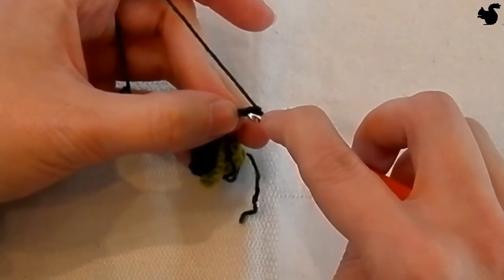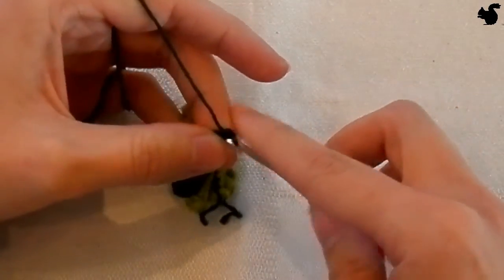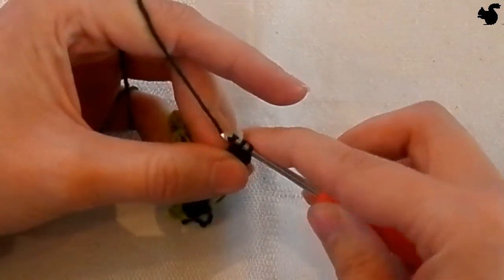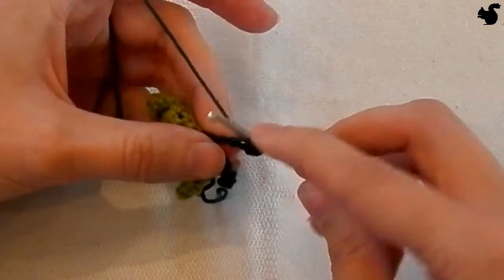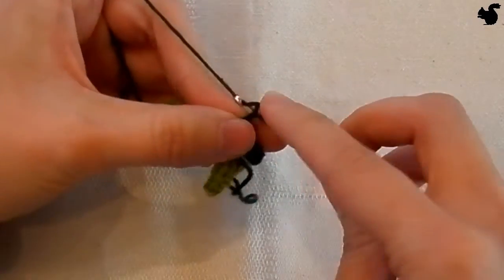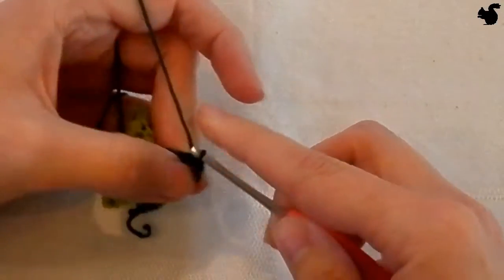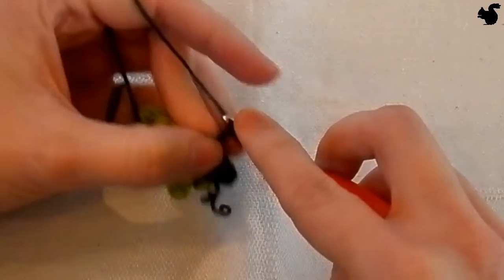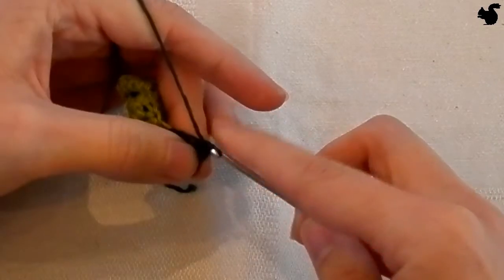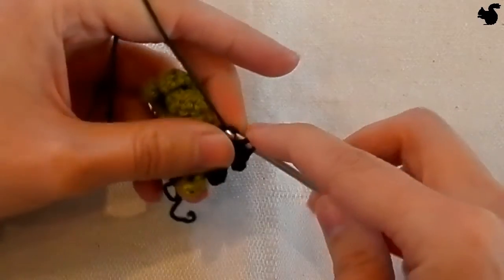So the spokes as such aren't difficult, but they do take just a little bit of time, because you've got to do this very delicately and accurately, making sure that your chains don't rotate, or that you don't make the wrong stitches in the wrong order. So it's more a case of keeping your wits about you than it is anything else. And there we go. And then on the last stitch, double crochet,